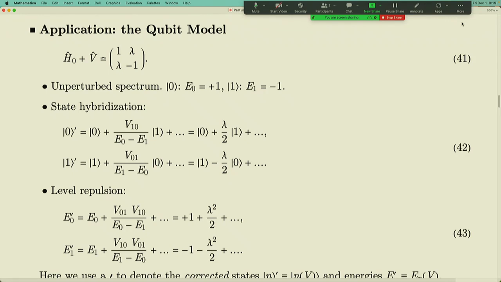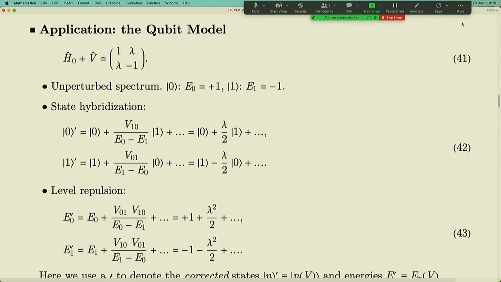And then you can see very nicely, 1 also goes to 1 minus lambda over 2 times 0, so it goes in this direction. And then it goes to a new state, which is this 1 prime. So you start from 0, correct it to 0 prime by going along the 1 direction. But if you start from 1, you go to 1 prime, going along the negative 0 direction. Why do we need to do that? In order to preserve the orthogonality, right? So that is the only way that you can see these signs are also correct,